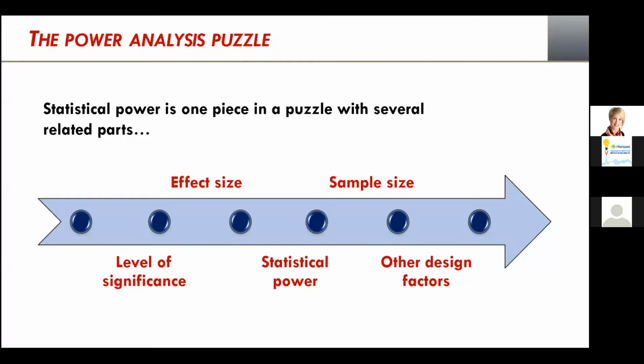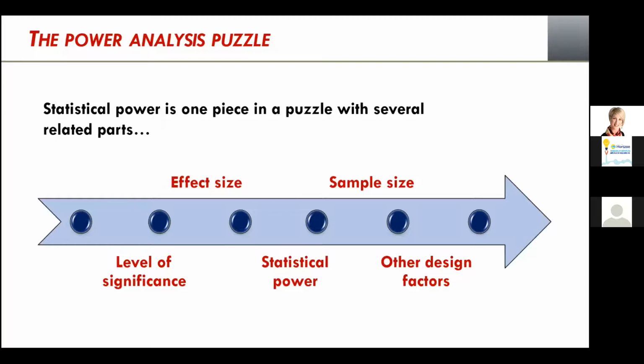The other two are the level of significance and your actual statistical power. The level of significance is the significance level that you use in your statistical test. This refers to alpha. This is often set to 5% or 0.05. It can usually be a little lower than that, 0.01, 0.001. But the larger your level of significance, so when you move from 0.01 to 0.05, you generally have more power.